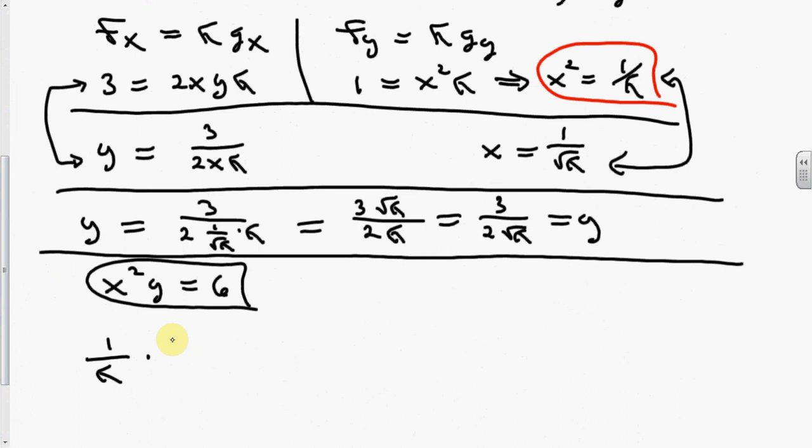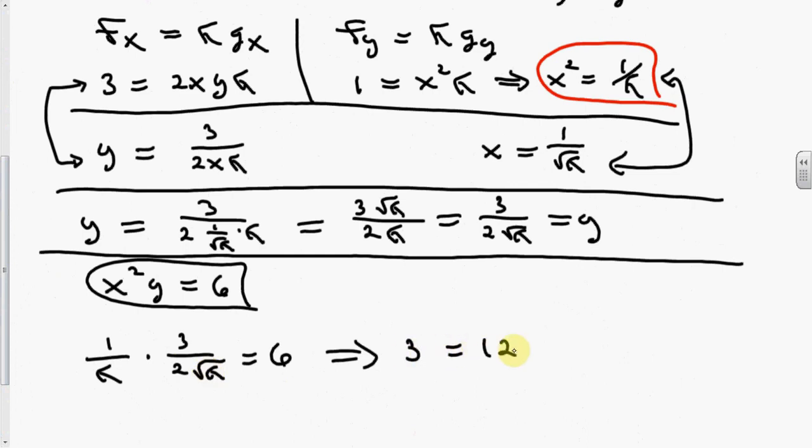Then times y, this is 3 over 2 times the square root of lambda is equal to 6. So this implies that if I multiply both sides by the lambda times 2 times the square root of lambda,